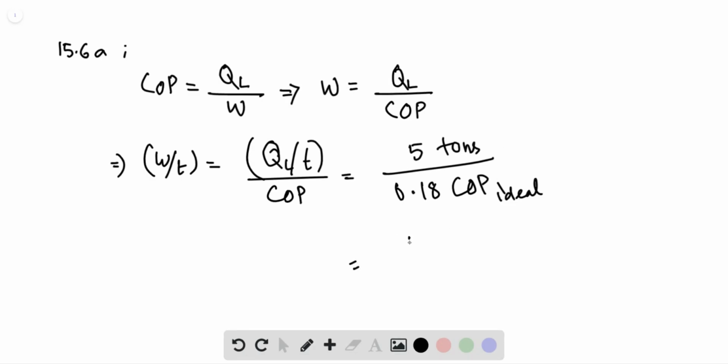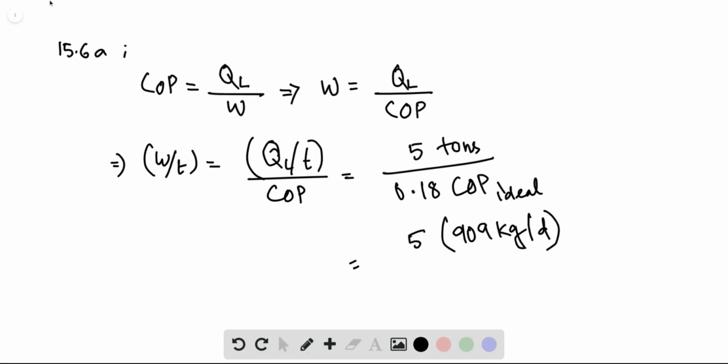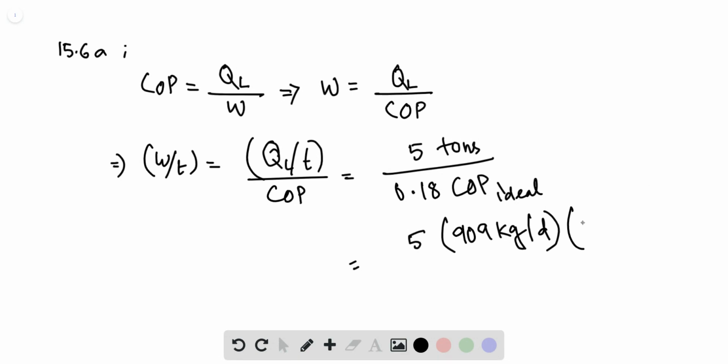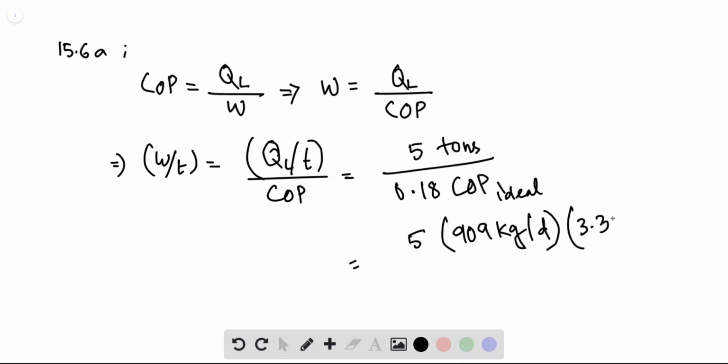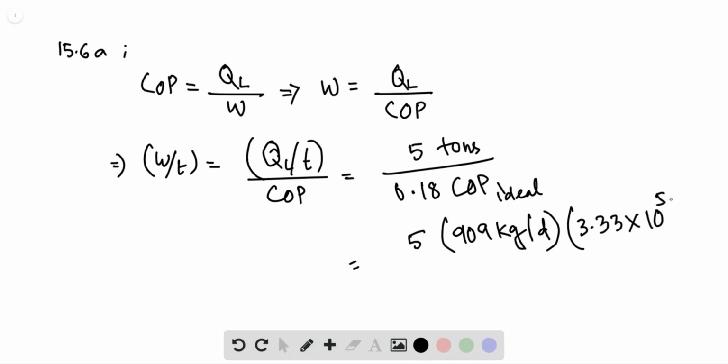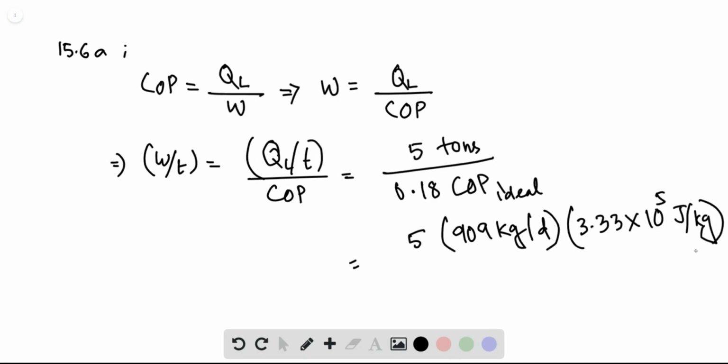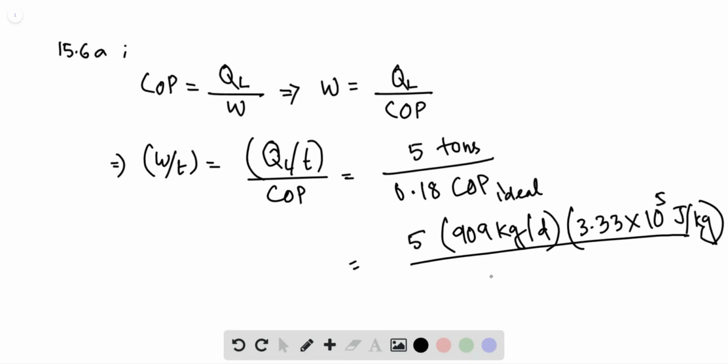Now 5 tons will be equal to 5 times 909 kg per day, and per kg we have 3.33 times 10 to the power 5 joules. So that gives us the total rate of power output divided by 0.18, and for the ideal coefficient of performance,